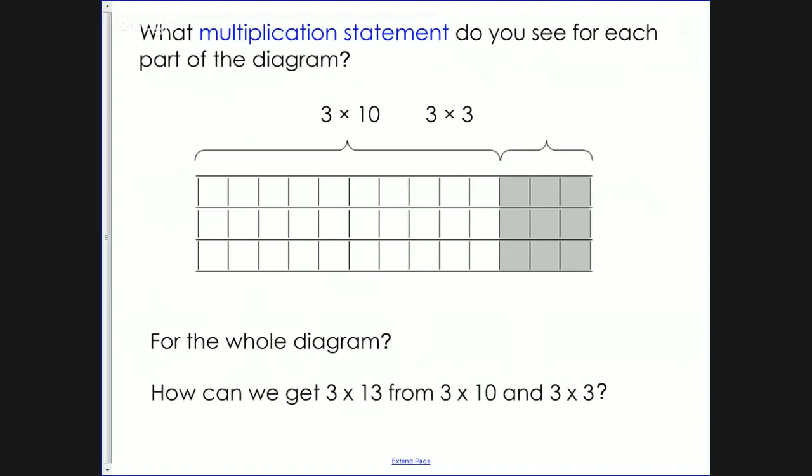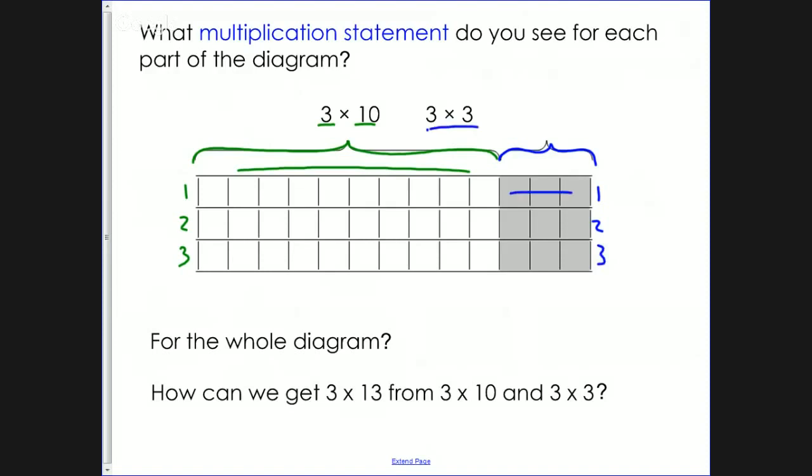So what multiplication statement do you see for each part of the diagram? So we have a part that's here in white, and then we have another part that's represented in gray. So in the part that is represented in white, we have 3 rows, and there are 10 in each row going this way. So that's represented by 3 times 10. And then we have those same 3 rows, but this time there are 3 in each row, and that's represented